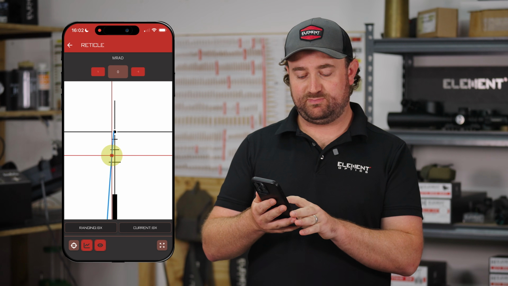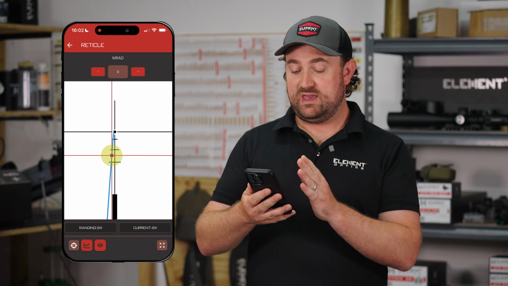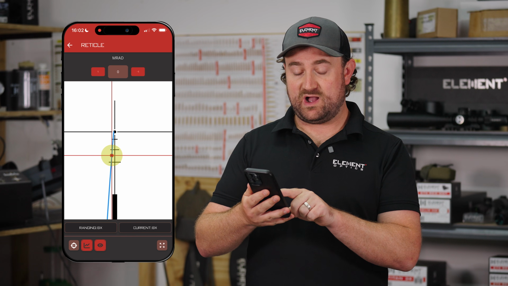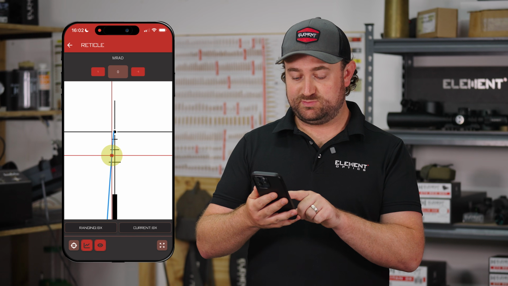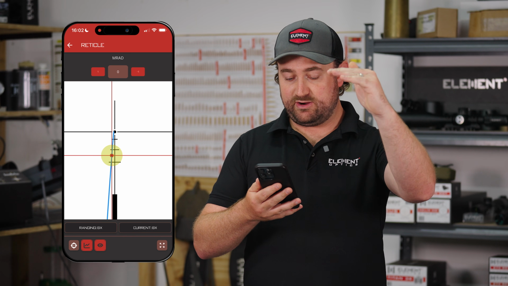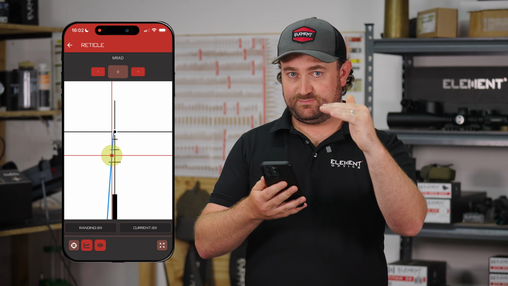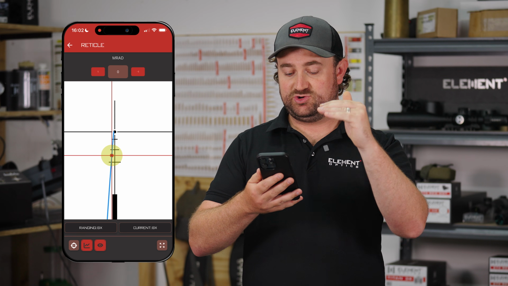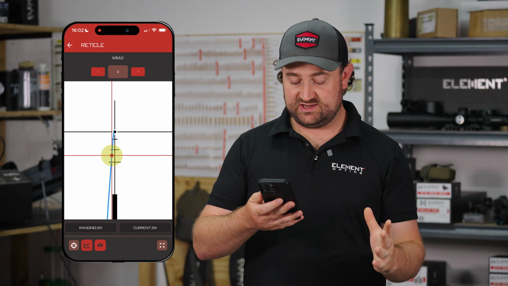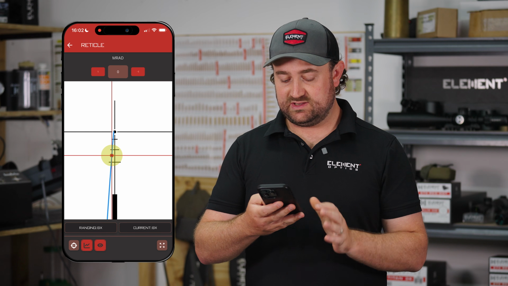400 meter mark is supposed to be on that third hash mark, and with a 5 mile per hour wind, it should be right on the edge of that third hash mark. The center of the reticle is 0. That first gap is supposed to be 150, then it's 200, 300, 400. So you can see it doesn't match up. But using the